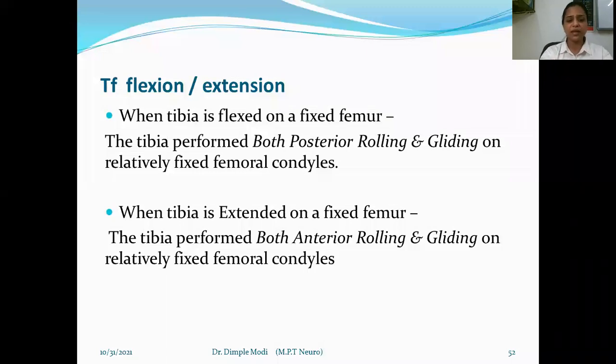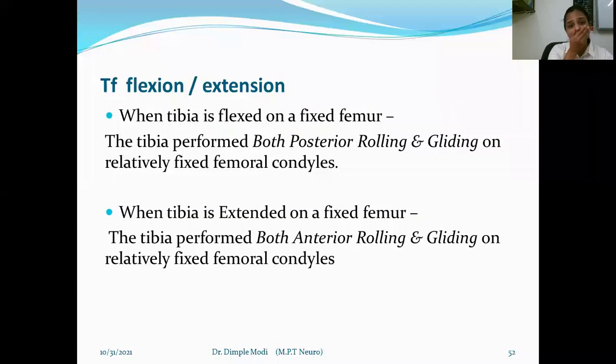Fine. Now, as I already told you, what is the knee range of flexion? Knee flexion occurs by 130 to 140 degrees. In normal gait, 60 to 70 degrees of knee flexion occurs. When we do stair climbing, it is almost 80 degrees. Knee hyperextension occurs by 5 to 10 degrees, but if it is more than that, then genu recurvatum occurs.